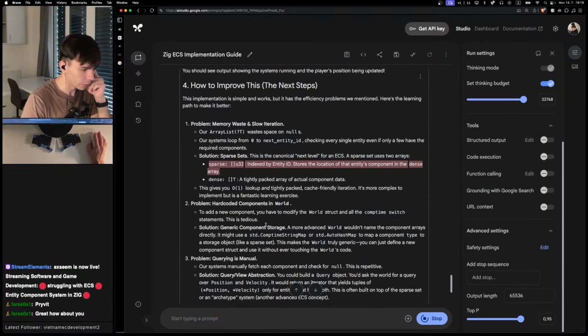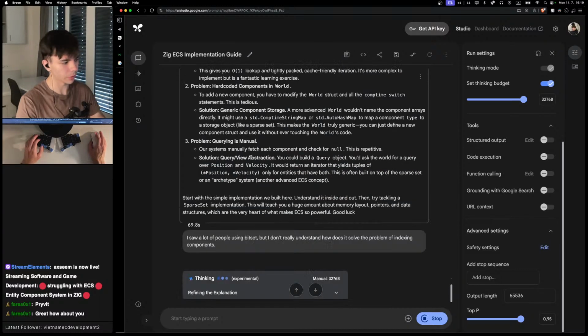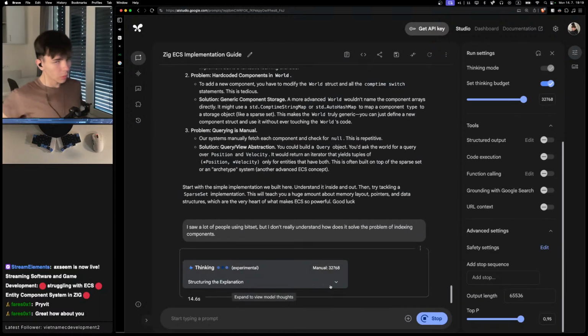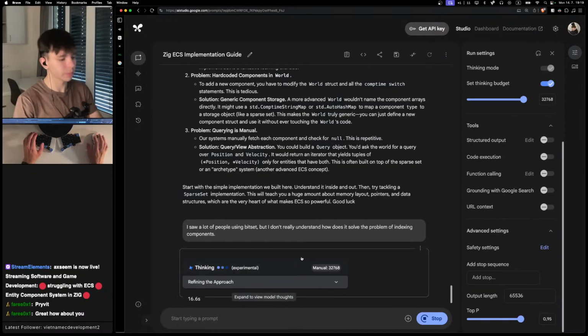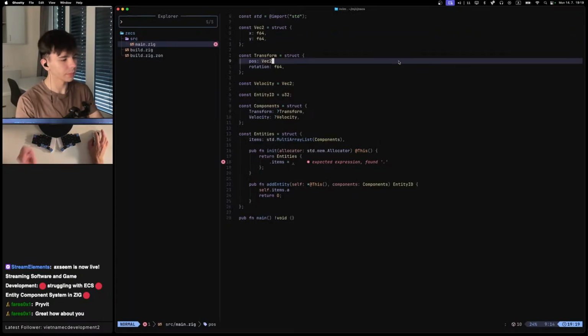Okay, so this one is interesting. So I first index sparse and then I index dense with the result of sparse. But also I don't really like